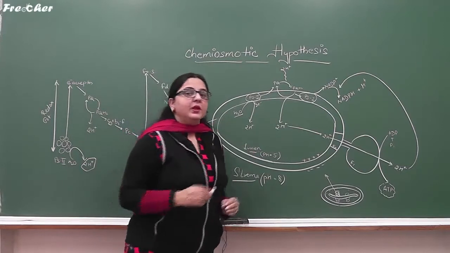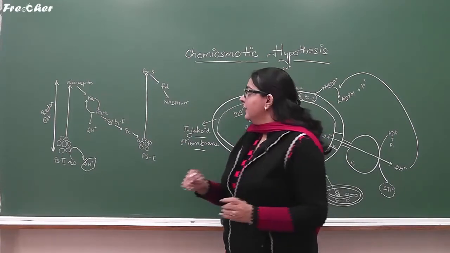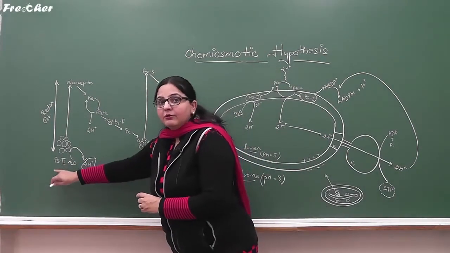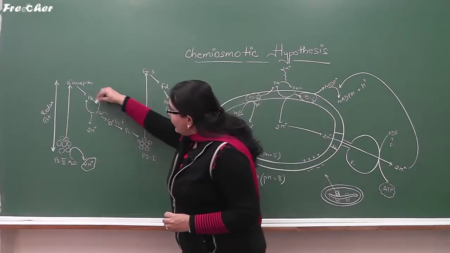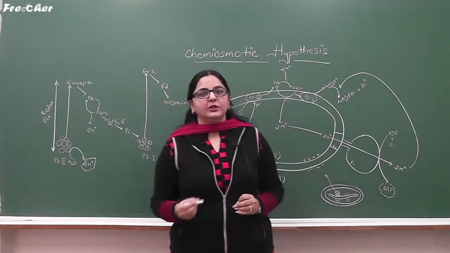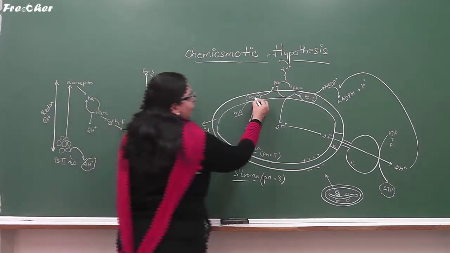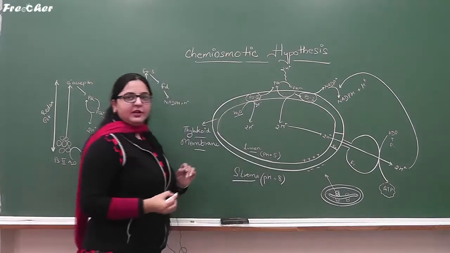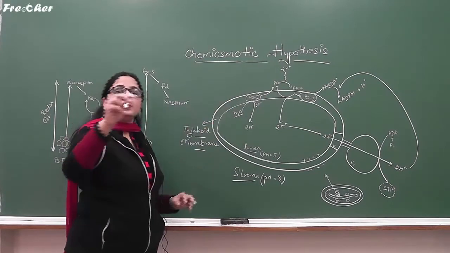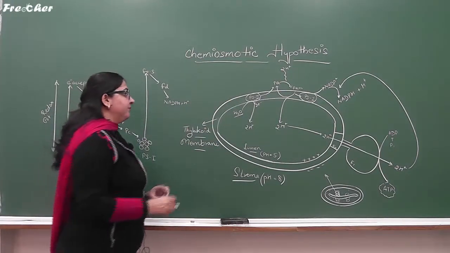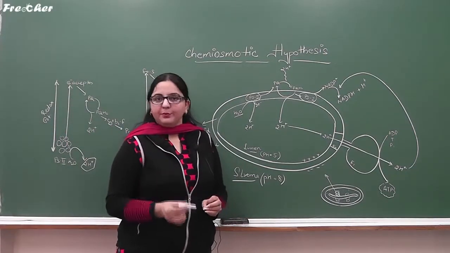Just the void place. Now come to the non-cyclic photophosphorylation of the light reaction. We have studied that in the non-cyclic, both photosystems are there. In between both photosystems, all electron carriers are arranged according to their redox potential. Now we have made both photosystem 2 and photosystem 1 in the thylakoid membrane. That means these two photosystems are embedded into the thylakoid membrane.